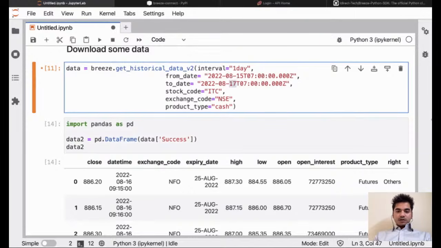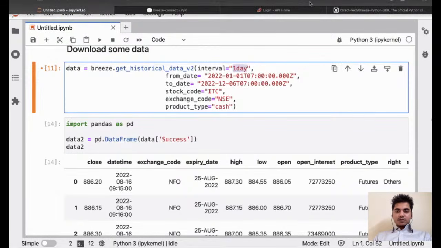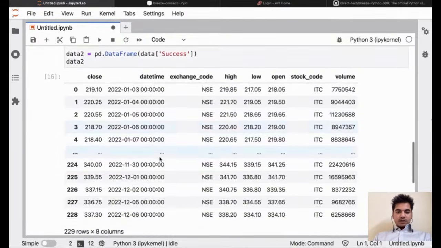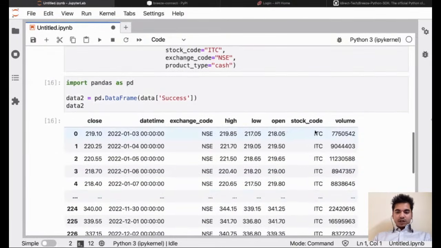Okay, so today is 7th of December. So let me download data till yesterday, 6th December, and I want to download it for, let's say, the past year. So let me give this 01, 01. This essentially is the hour, minute, and second. Since I'm downloading the data for one day, I'm not really concerned with these things. Okay, I've run both these things and I've got ITC data,